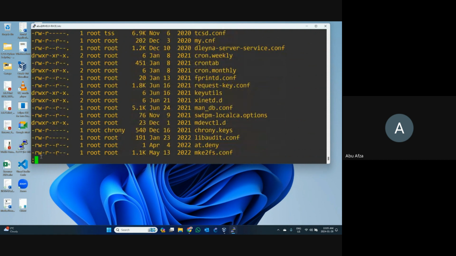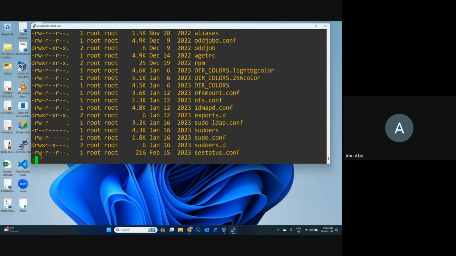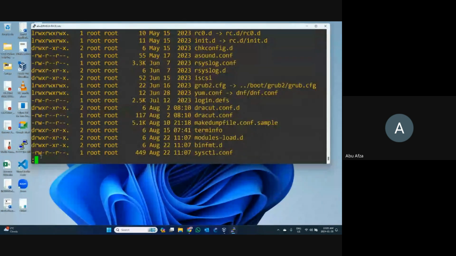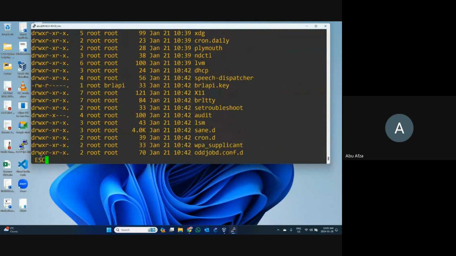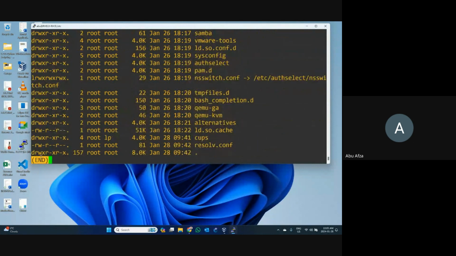So now cancel it. Control D. Okay, Control D will go up. So now press enter and finish it. These are all the files we can see, and you can see that one is the end.